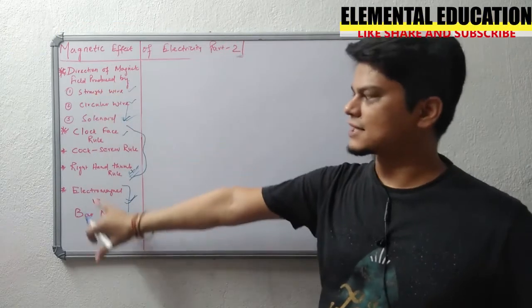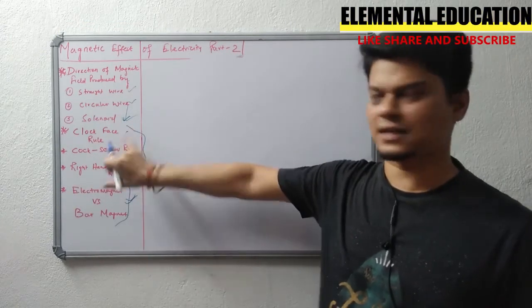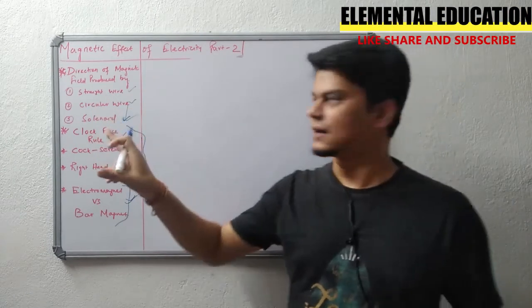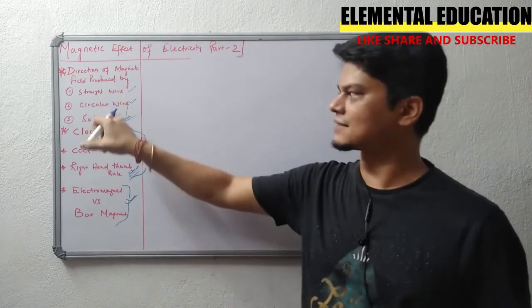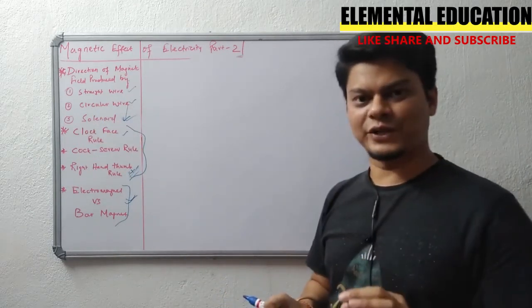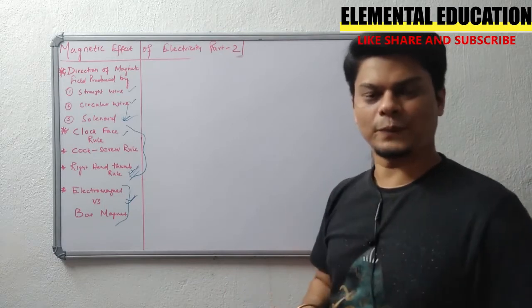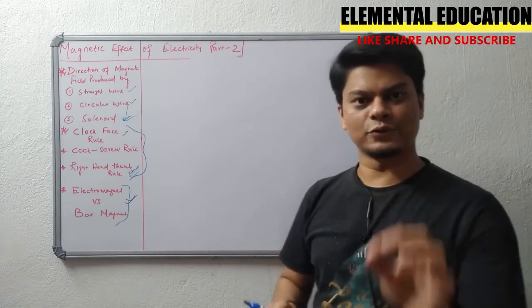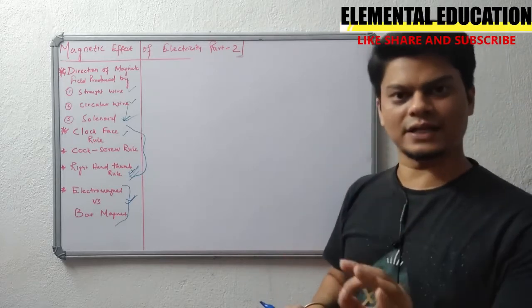I think you have understood till here all these 3 rules to find out the direction of current and how the magnetic field is produced in these 3 kinds of conductor: a straight line, the circular wire and a solenoid. Please watch this video a number of times until you understand what I am saying in the video, and I will be providing you the notes at the end of the video. Please go through the notes, remember it completely.